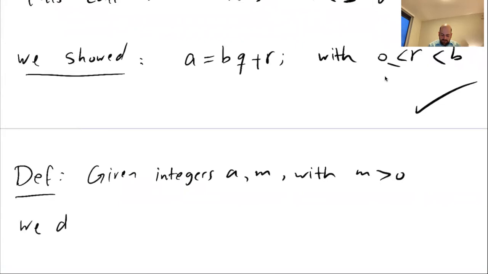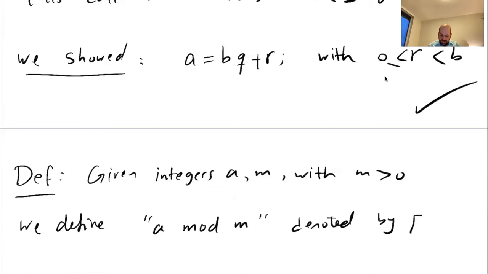We define a modulo m, denoted by, so this one we usually say the class of a, equivalency class of a modulo m. So we will see about the definition of equivalency classes later. But for now, just accept this notation